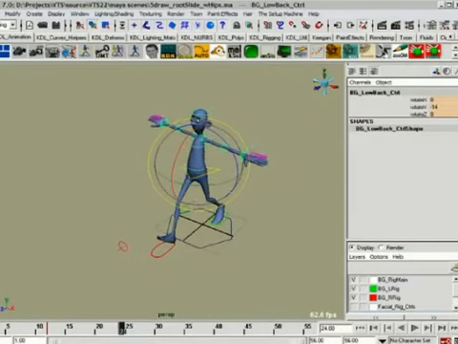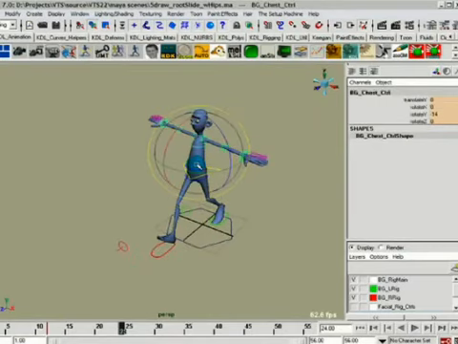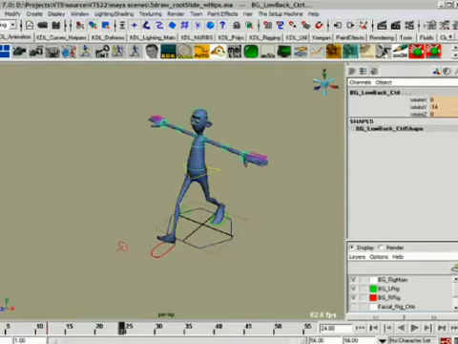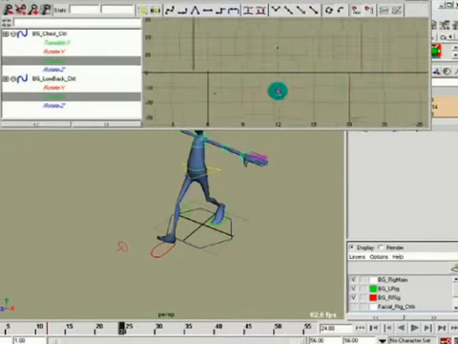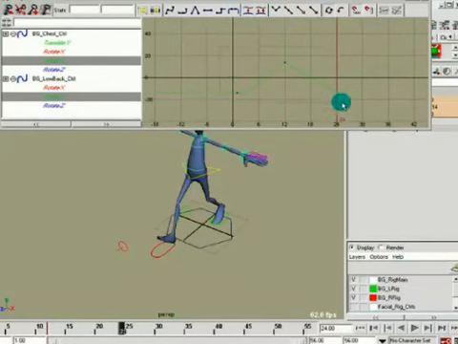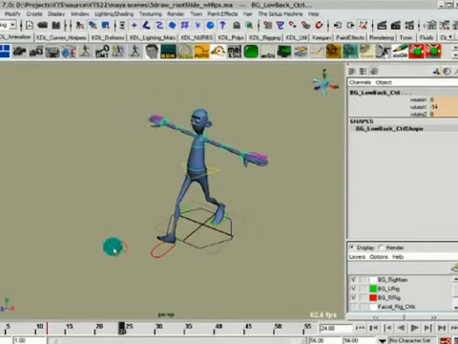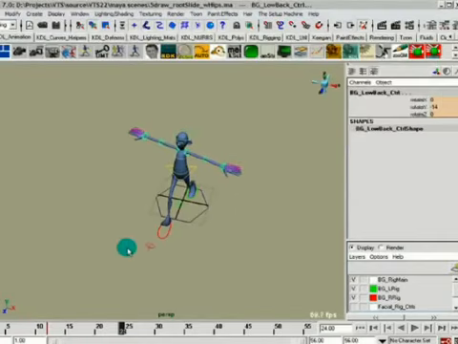Alright, if we take a look at this guy and this guy, and look at the rotate Y's, there's some funky curve junk going on in there, but what you can do is flatten that out and give yourself some nice curve. And if we just go